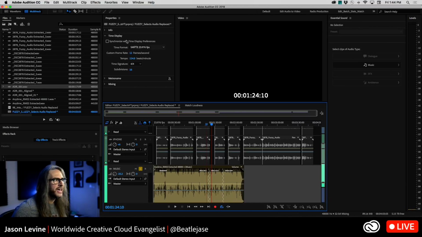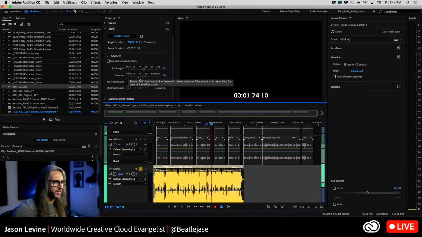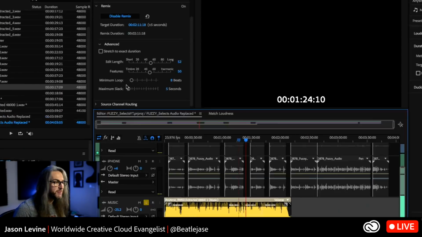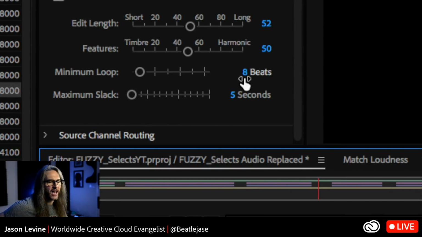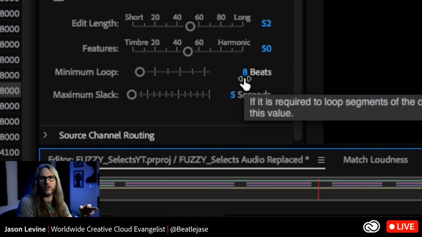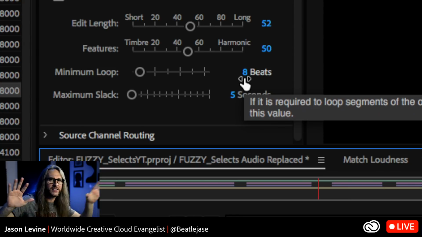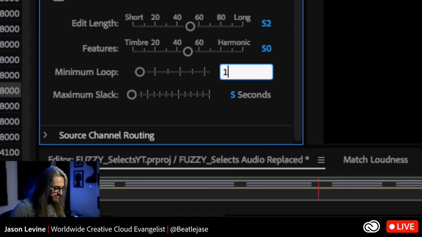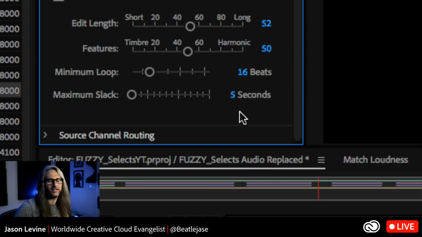And again, if you're working with beat-based music, you'll notice that it has things like minimum loop, right? Meaning that I don't want it to do an edit that's any shorter than 8 beats. So if you've got some kind of soundtrack, just something with a pronounced beat, and you want to maintain a cycle, right? So you always want 16 bars before an edit happens. You can make that 16, or you can make it 24, or whatever. And then maximum slack,